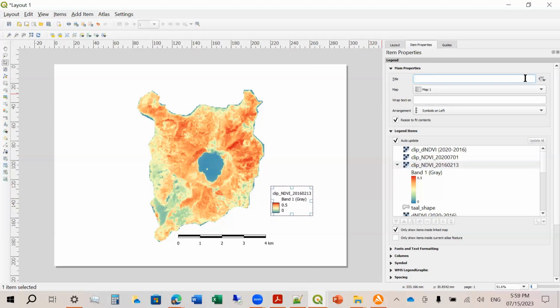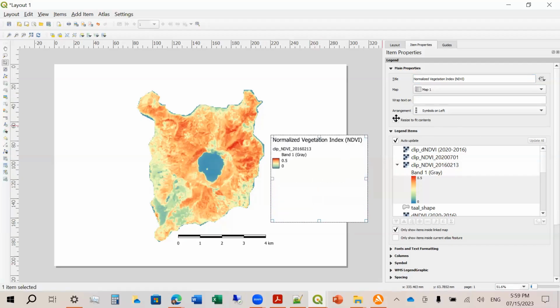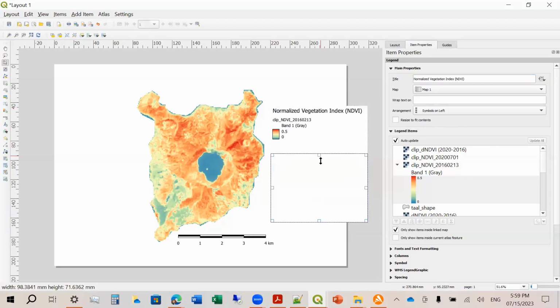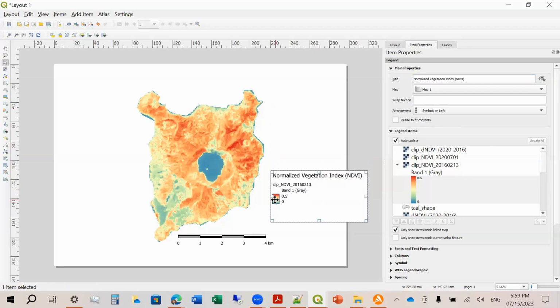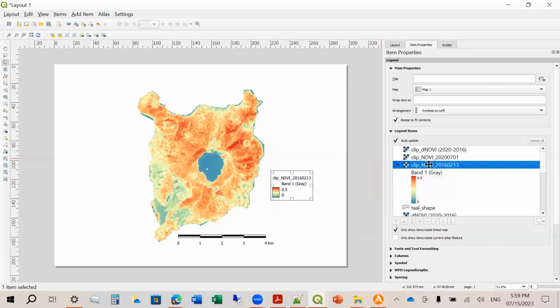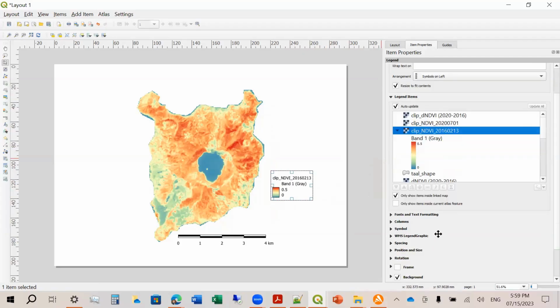Let's say normalized vegetation index, NDVI. So that's it. So this is now your data. Or you can just delete this one. That's okay.